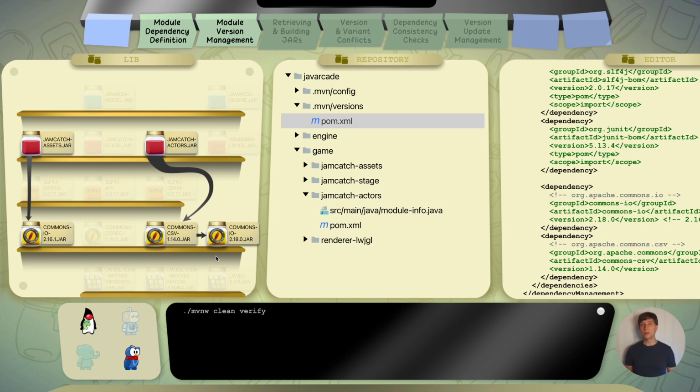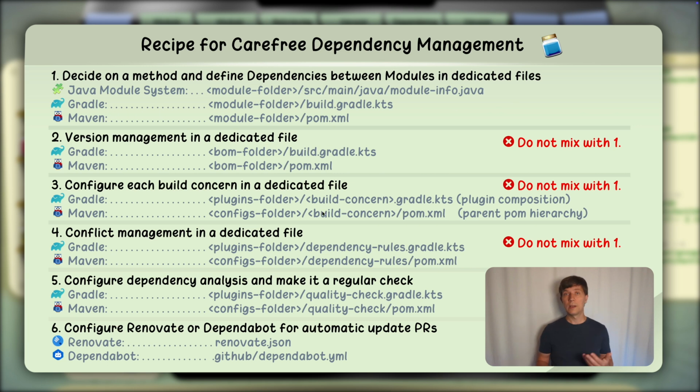Now in Gradle we don't necessarily need to update the version ourselves, because Gradle looks through all version definitions in the whole dependency graph. By that, it will find the higher version that was mentioned in the metadata of Commons CSV. We looked at that in the previous video. And then by default, Gradle will select the higher version. We'll get into more detail on this when we get to the point of version and capability conflict management, which is the fourth item in the recipe. In that episode, we'll also talk a bit more about the differences between Gradle and Maven in this area.